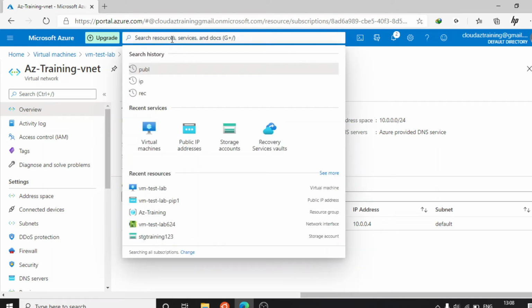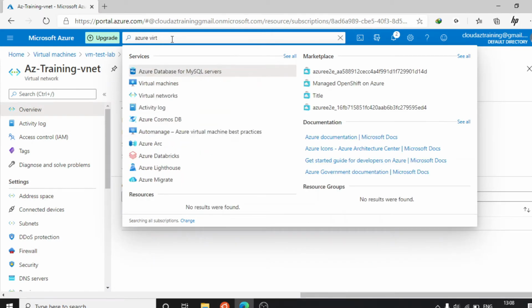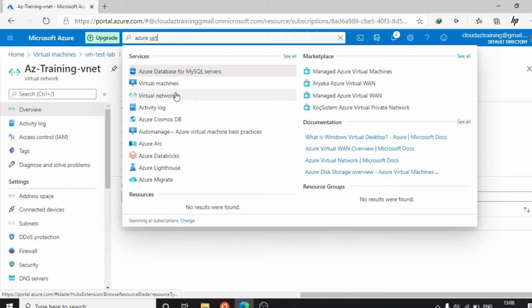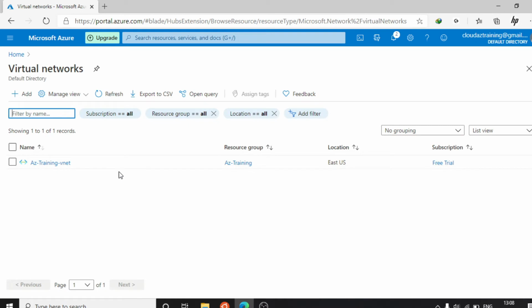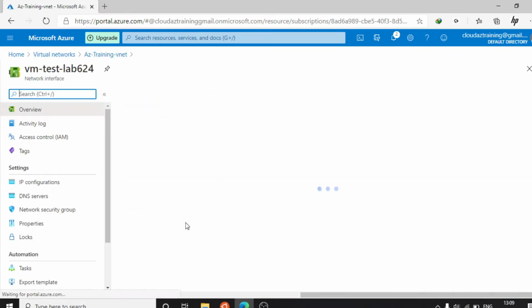From here also you can go to Azure virtual networks. Just click on it, we have one virtual network. This is part of the VM deployment, you will come here only. This is the network interface card on which we are going to apply the public IP.